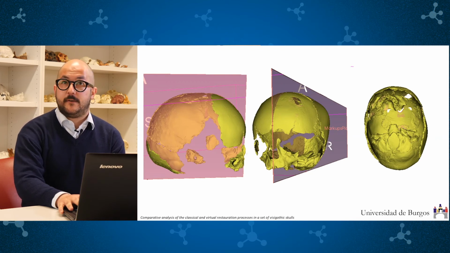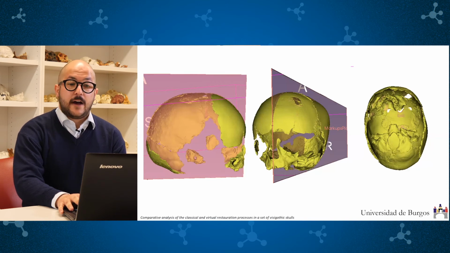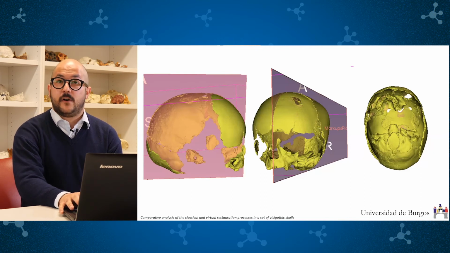a mirror of the parietal, the right parietal, to recreate the parietal that is lost. So to restore the bilateral symmetry with a set of data, it is possible to mirror the better preserved side to the other side. After this, we place the occipital bones, and we start to put the sphenoid part with